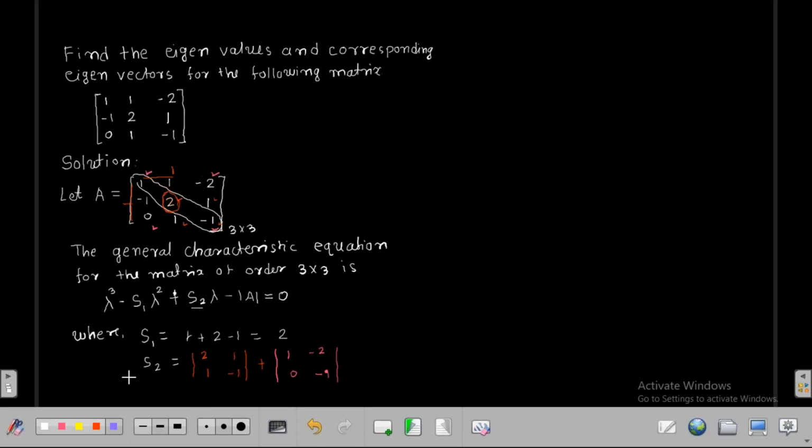Now next, this last element, minus 1. Delete this row and this column. The remaining 4 elements are 1, plus 1, minus 1, plus 2. So write here 1, 1, then minus 1 and plus 2. Then simplify this, as to say S2 equal to